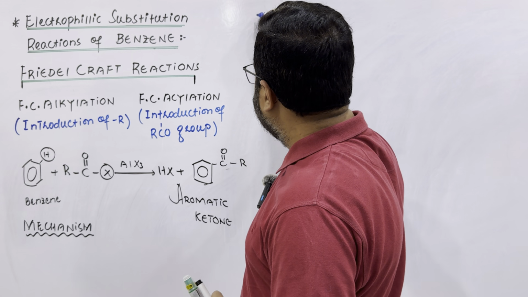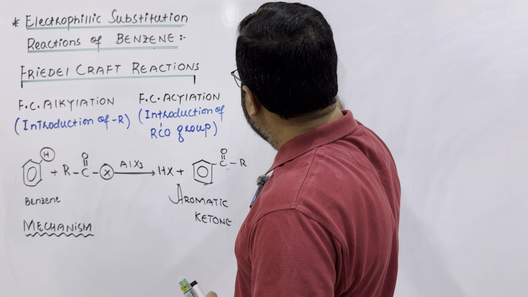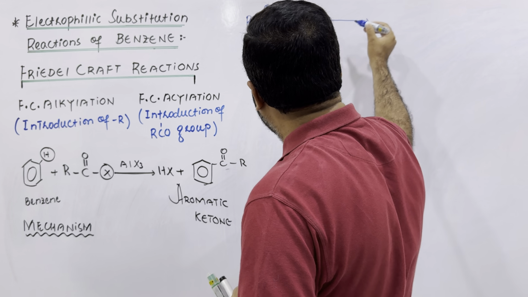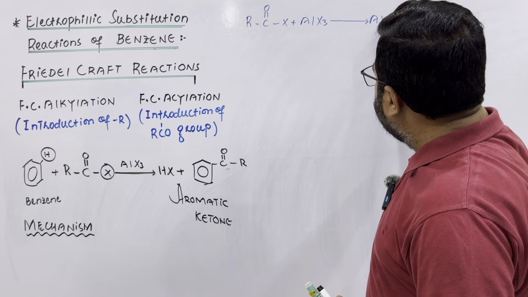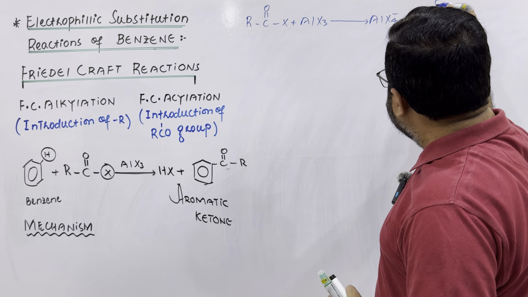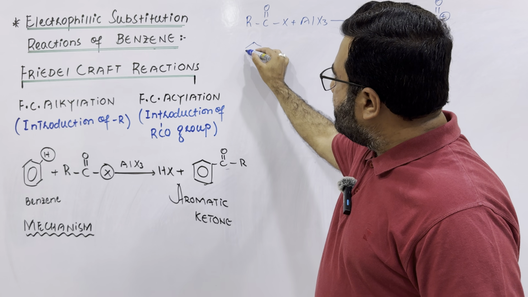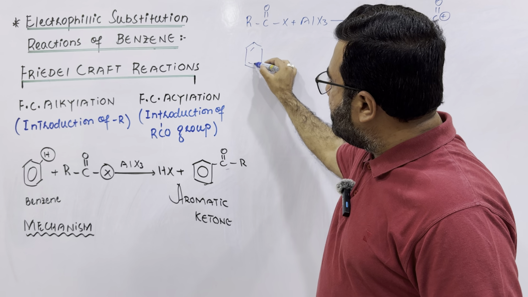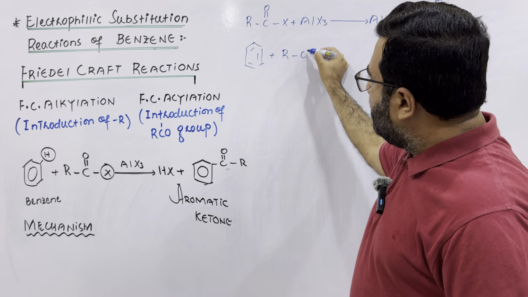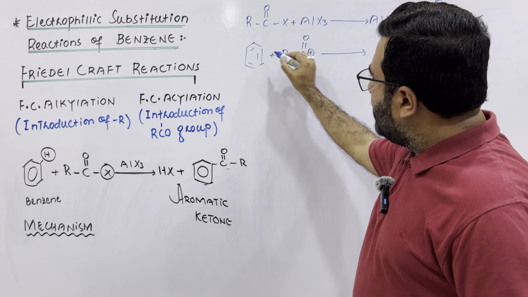In the first step, the reagent, which is an acyl halide, reacts with the catalyst aluminium halide, and it will form a Bronsted base, and again a carbocation is produced that will act as a strong electrophile. Now, this strong electrophile in the second step, just as we have already discussed in Friedel-Crafts alkylation, will attack the benzene ring,